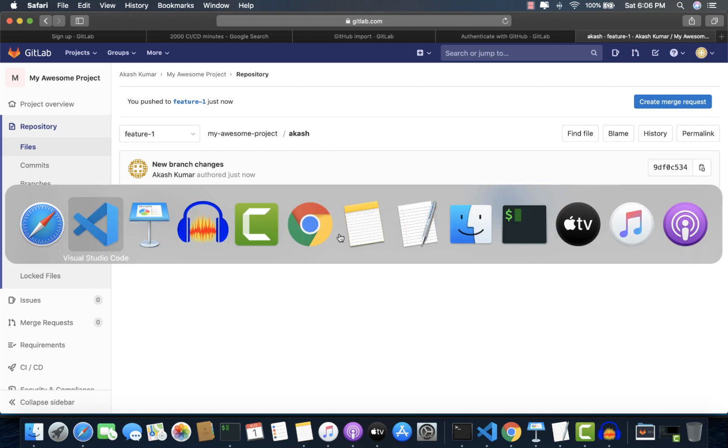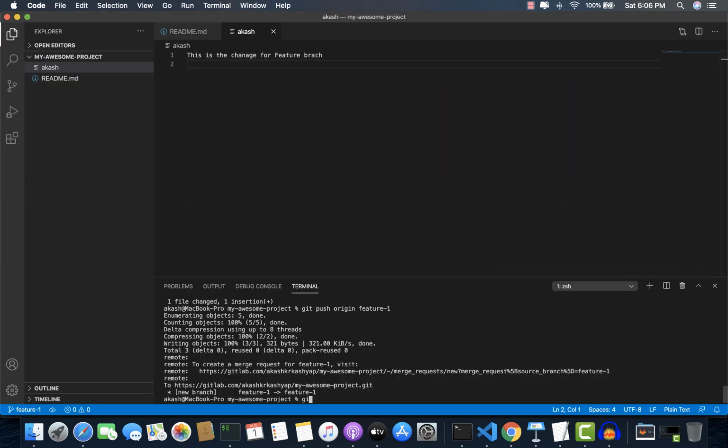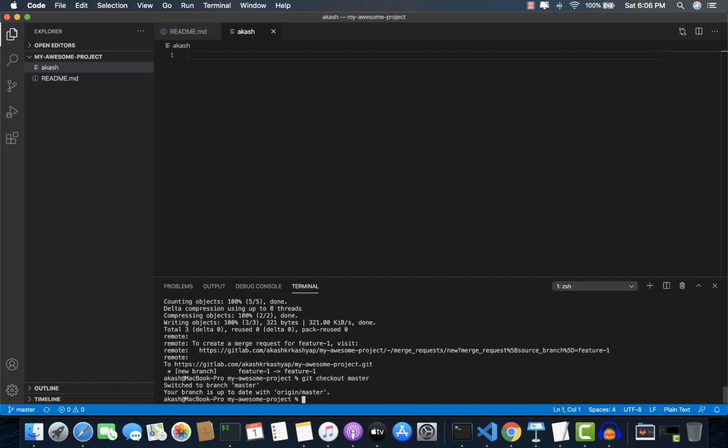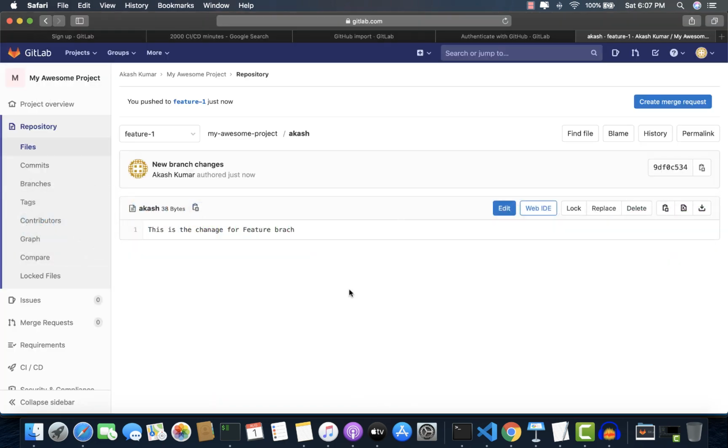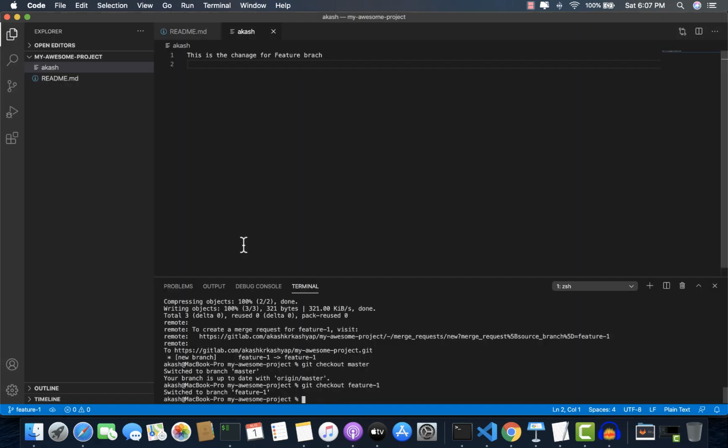And if you go back here and do a git checkout to master, you can see over here at the top that this branch doesn't have that change, and that's the reason this change has vanished. The moment we move to git checkout feature 1, these changes will come up. Okay, so that's how you can manage your code locally, as well as manage the same changes in the repository in the common place, that is in GitLab. You can do it like that.